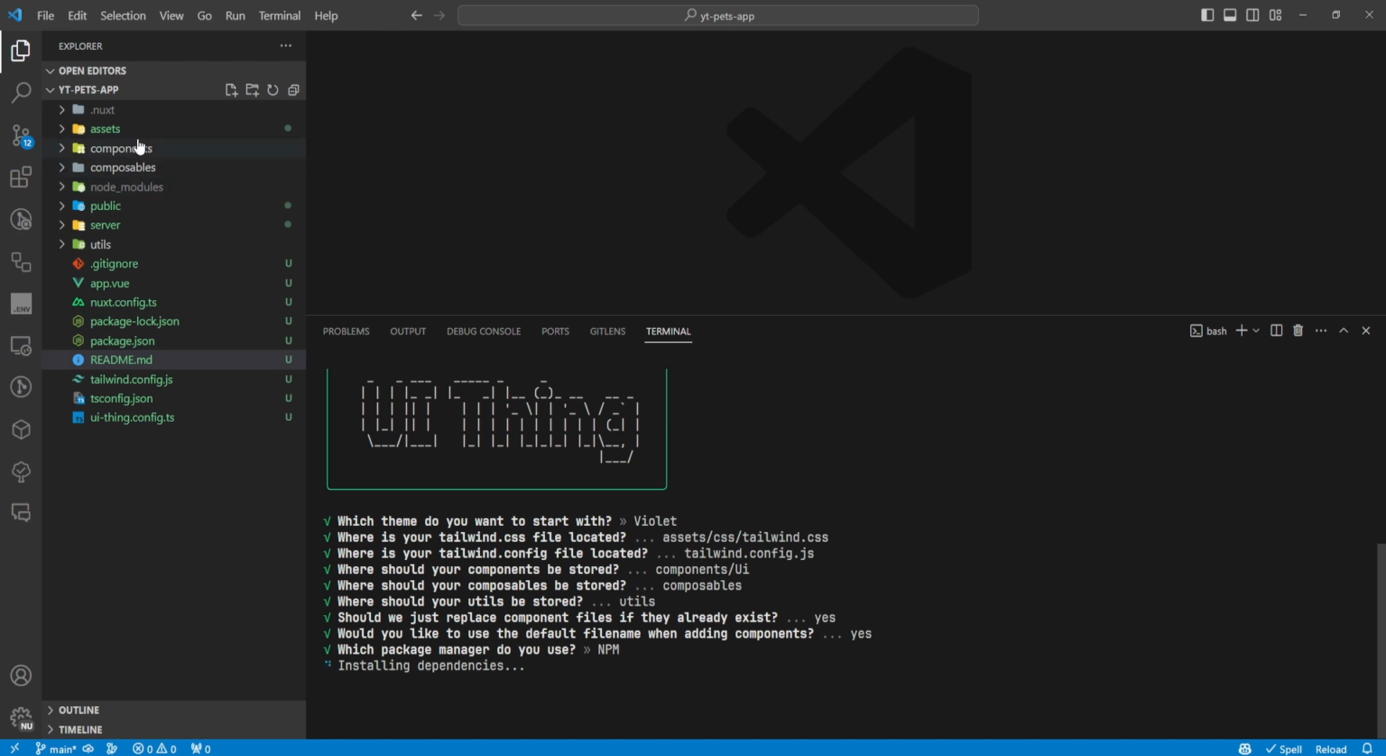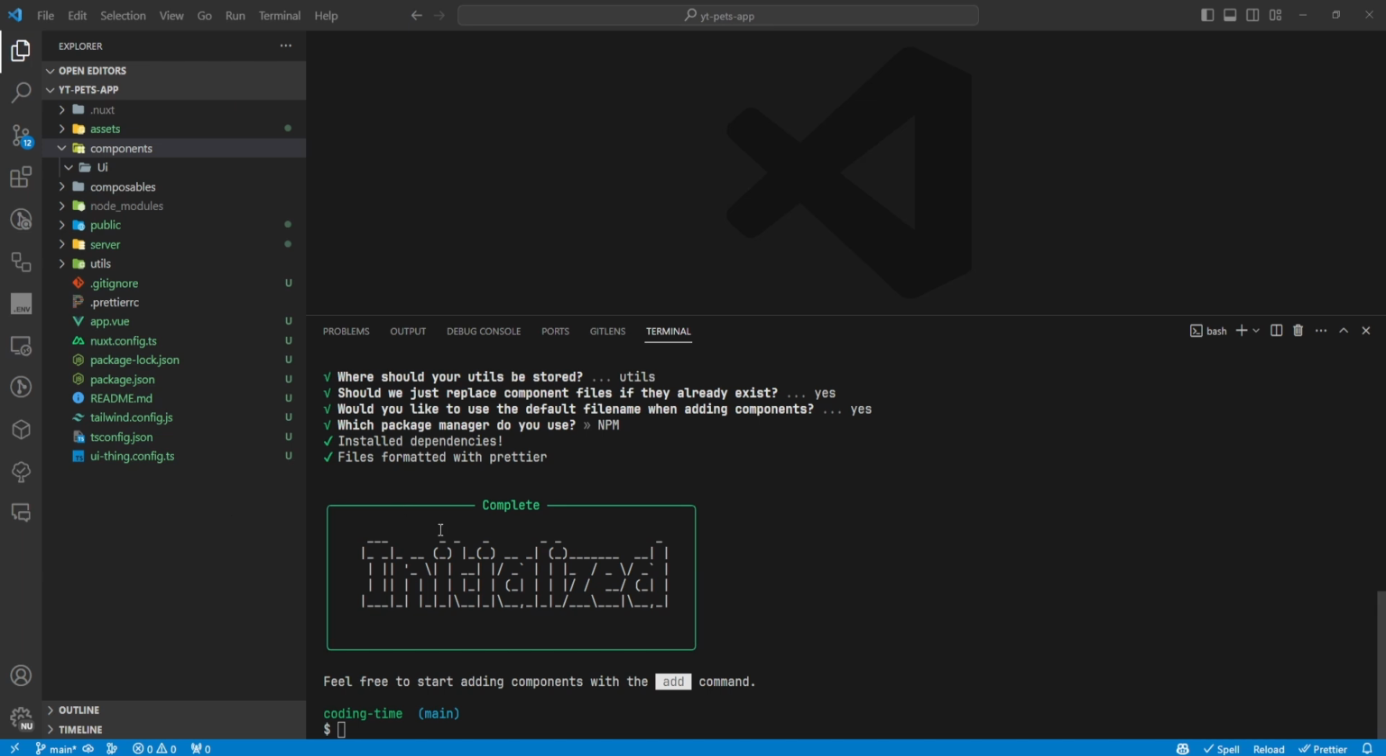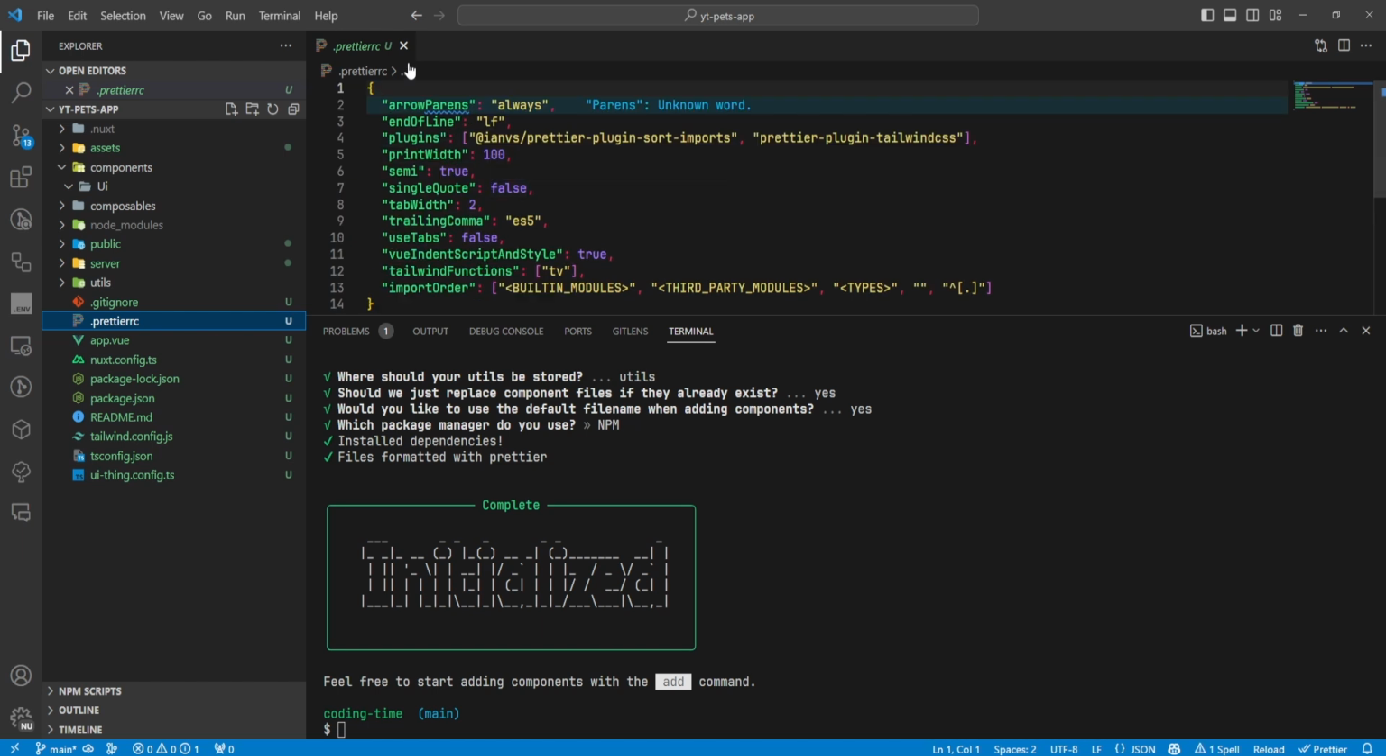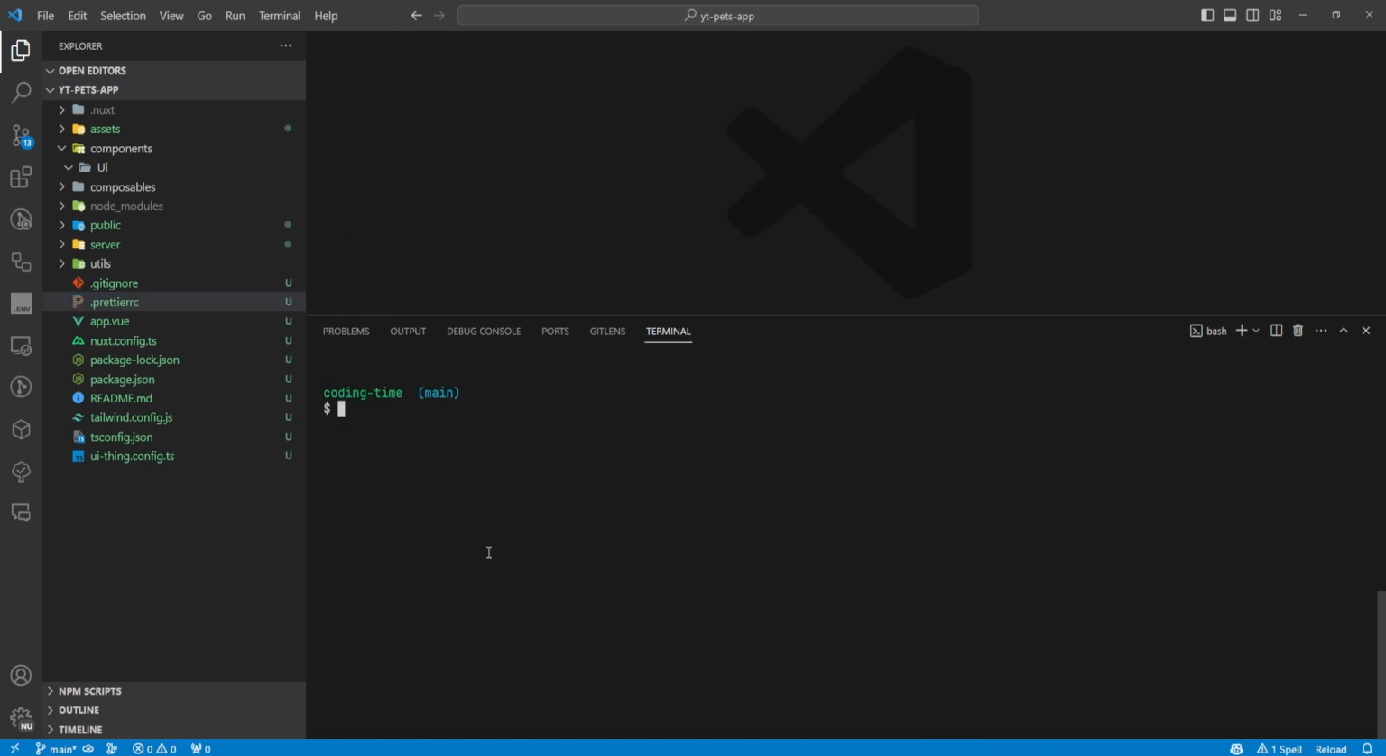So you can see where the different folders were created by the init command from UI thing, and it's just installing the dependencies now. So once the init command is done, you can see where, like I said earlier, the different files were created. It also added this prettier configuration, and I'm going to go ahead and clear the terminal now and look at